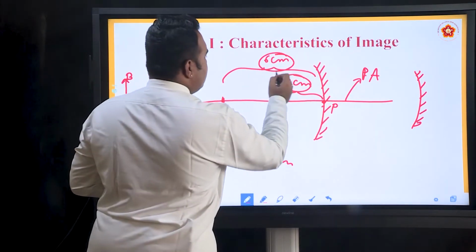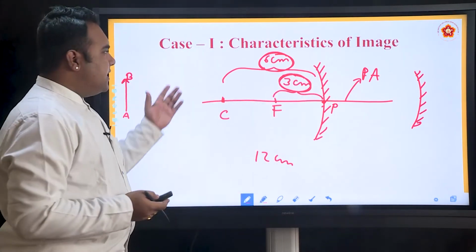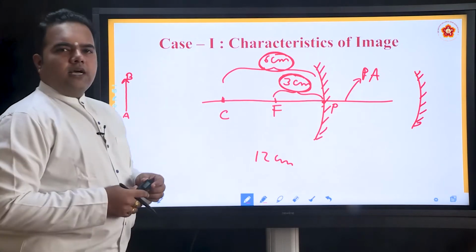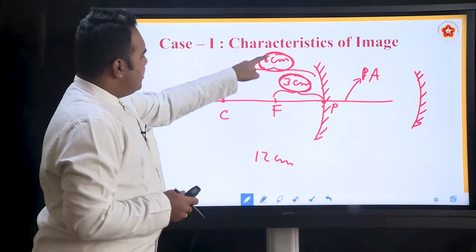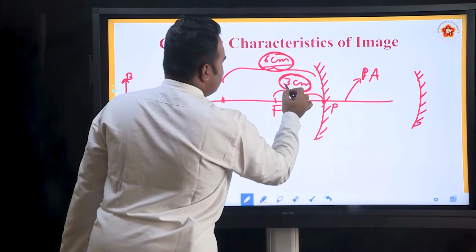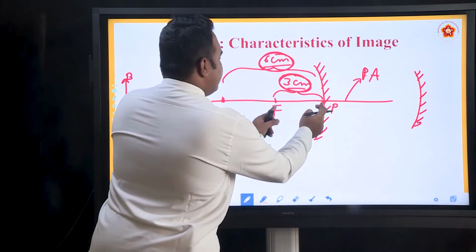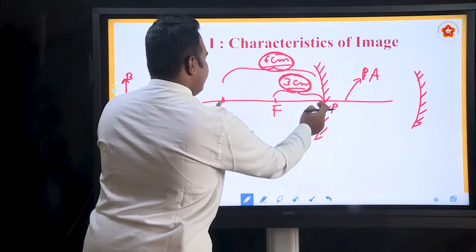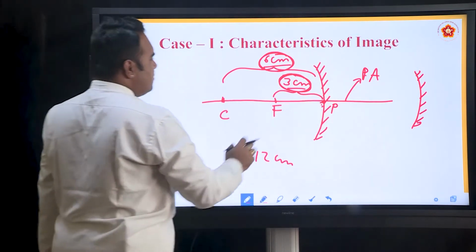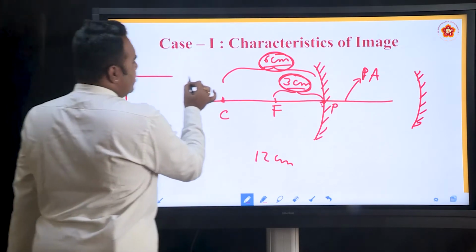No need to mention, nobody will ask you to draw exactly unless there are some questions mentioned as a part of your numericals, which we will be looking at later. But in general, when you are asked to draw a ray diagram, you need not mention these dimensions or values. But ensure that the whole distance PC is exactly double of FP. So, this is how we place the object at infinity, and then we draw any two rays of light that are coming from the object.